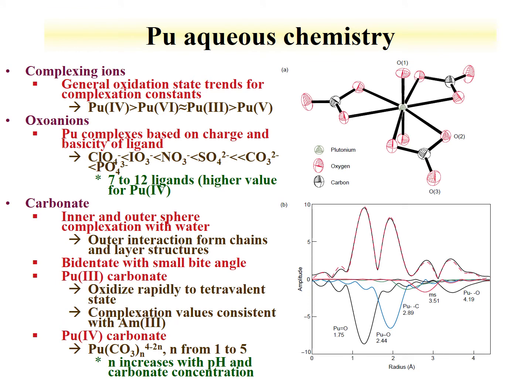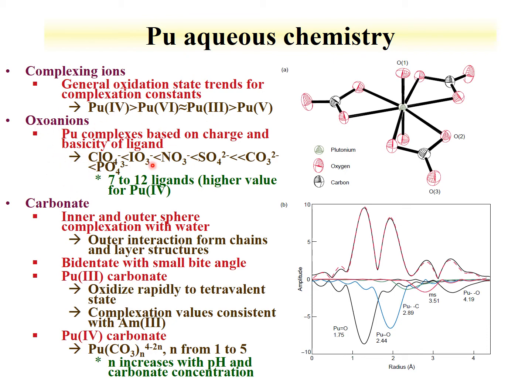General plutonium aqueous chemistry follows oxidation trends as you would expect for any metal ions, where tetravalent plutonium is generally going to have the largest complexation constants, and pentavalent plutonium for a given compound is going to have the lowest complexation constants. The 6 and the 3 oxidation states can be relatively close to each other. And similar to other metal ions, their behavior with